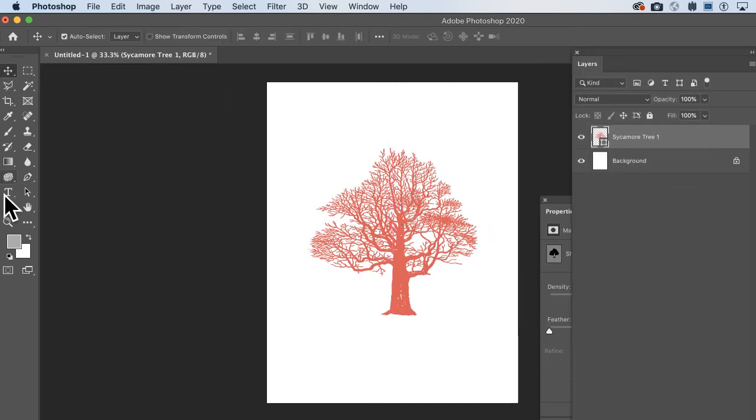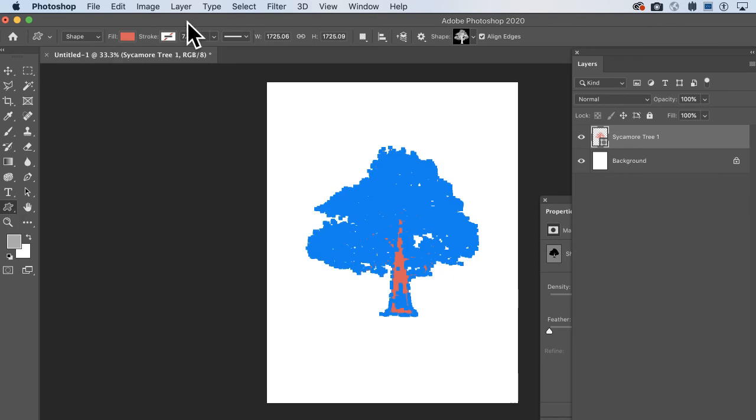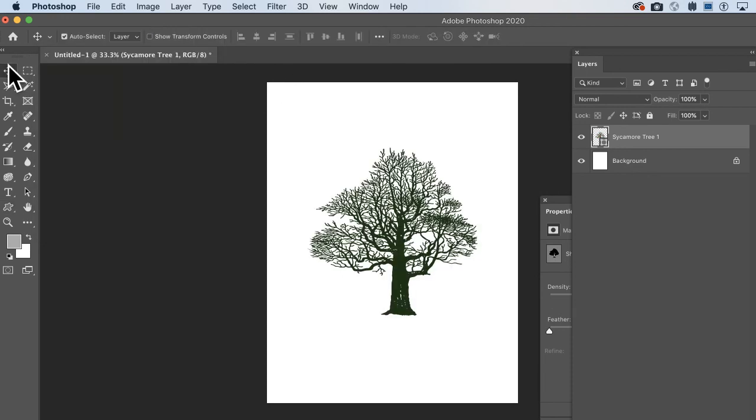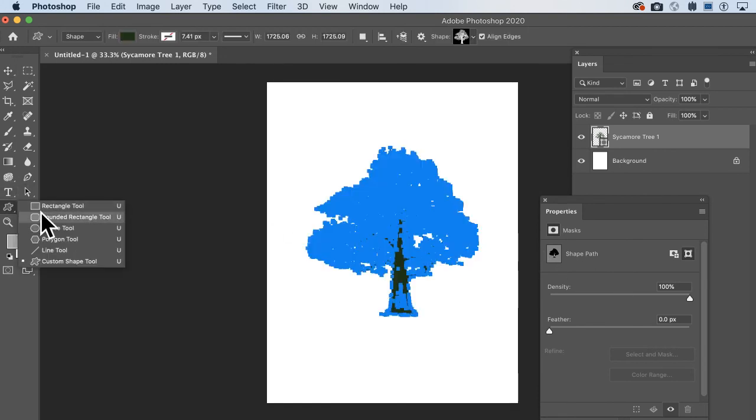So that's it for shapes. Remember, it's a combination of a couple things depending on which particular tool you're on. For some of them, it's going to be that you can change the items up here and then get your new colors. For some of them, you're going to have to be on properties to see this. Not in this one in particular, but let me go back to the other one so you can see